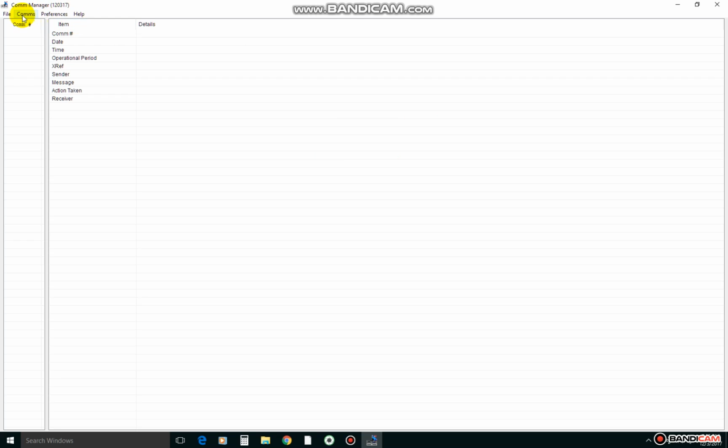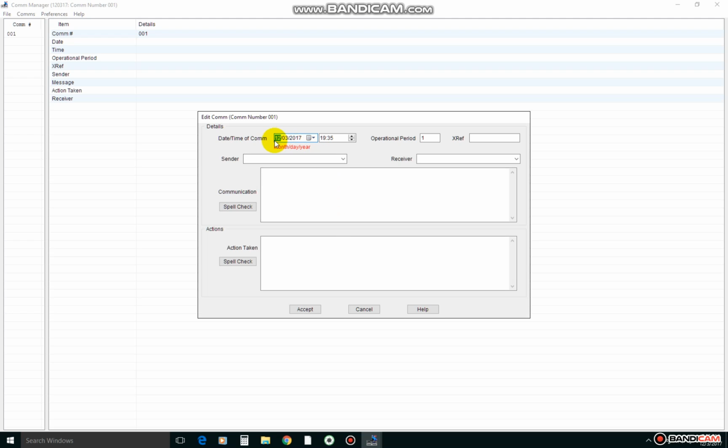So to create a comm, we left click Comm, then left click Add New Comm. This will auto populate to the first one, which would be 1. Accept. You can see here that the date will auto populate, and we can change that if we want. The time will auto populate. The operational period will auto-populate, and for X reference we're going to be using the Washoe County case number,